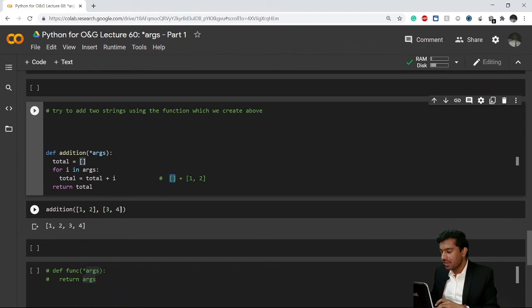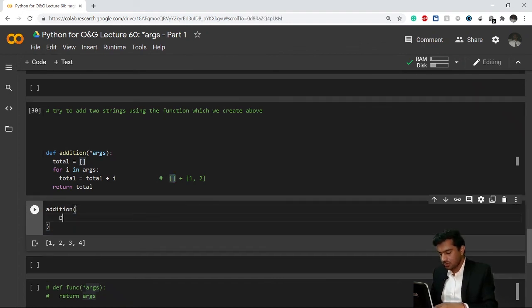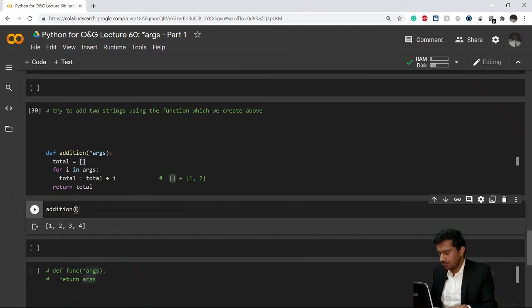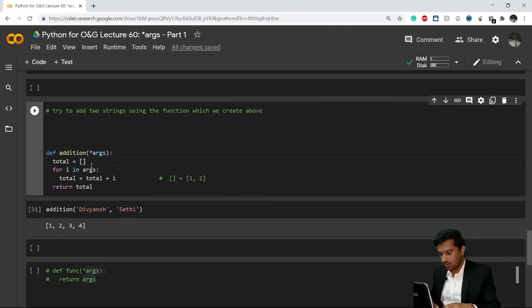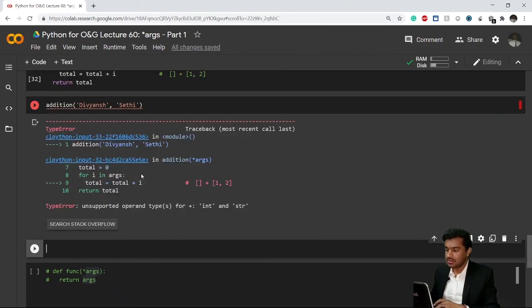Similarly, when I was here for strings as well, Divyansh and Sethi, and it was a 0, this will give me an error because I am adding 0 plus a string.